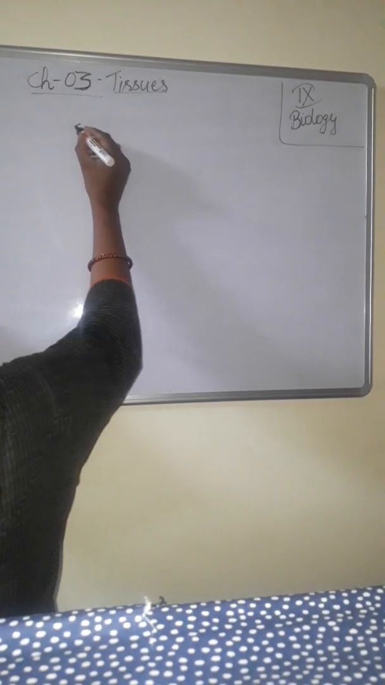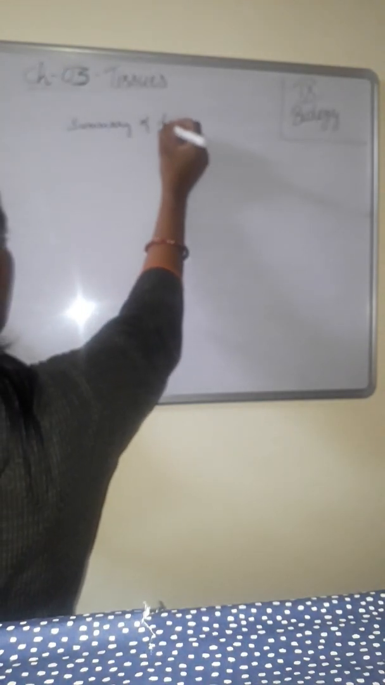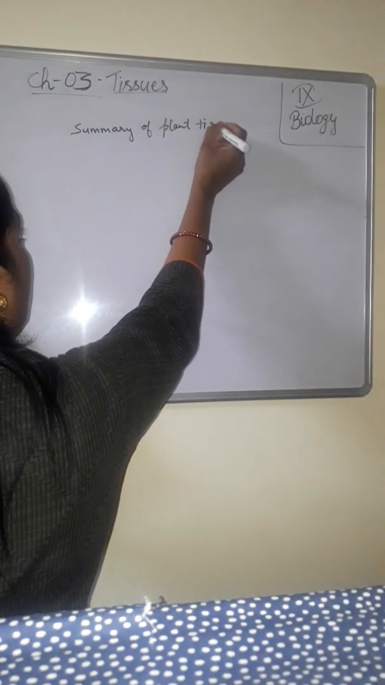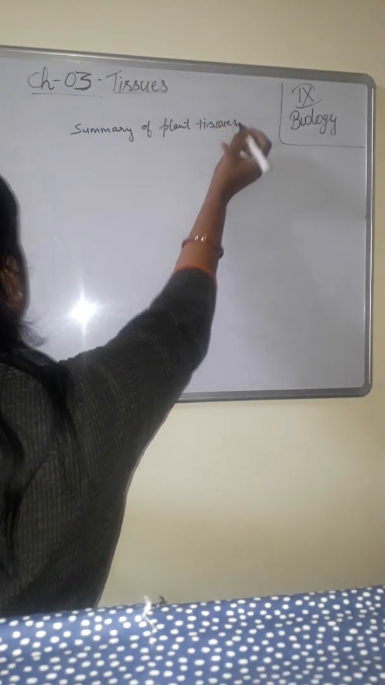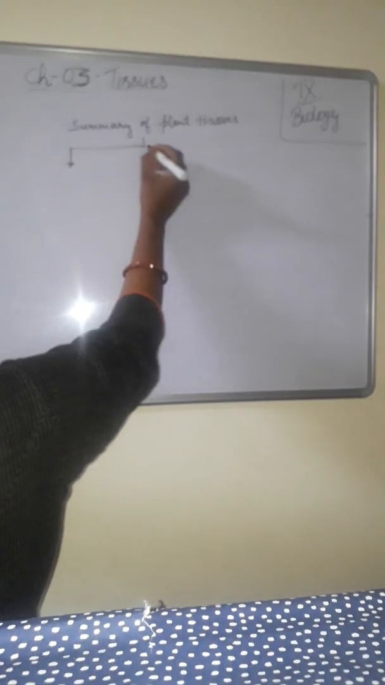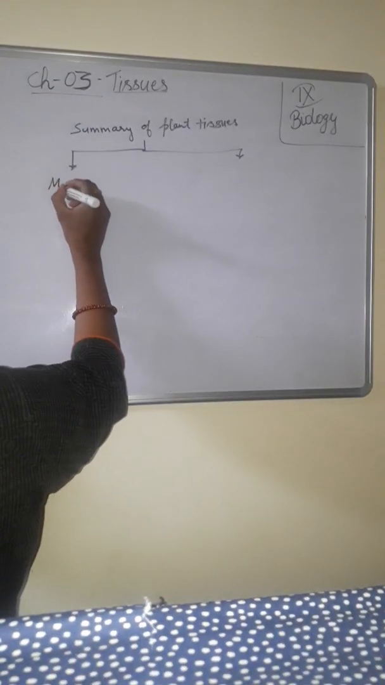Hello class 9. Today I am going to start with plant tissues and the summary of plant tissues in chapter number 3, tissues, animal and plant tissue. Now here is the summary of plant tissues. All of you know it, plant tissues are of basically two types: meristematic tissue, actively dividing cells,